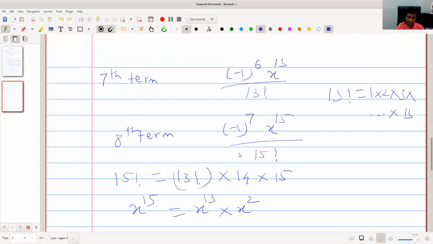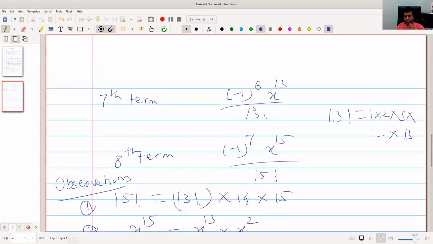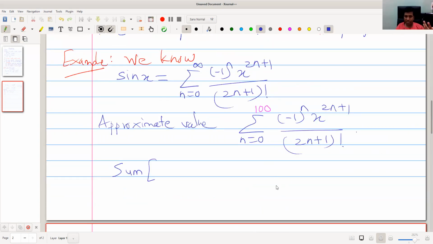Third observation: the sign is alternating. Whether I write minus 1 raised to 7 or minus 1 raised to 1 doesn't matter, it is the same thing. Minus 1 raised to 6 is plus 1 and minus 1 raised to 7 is minus 1, so the sign changes: plus, minus, plus, minus.